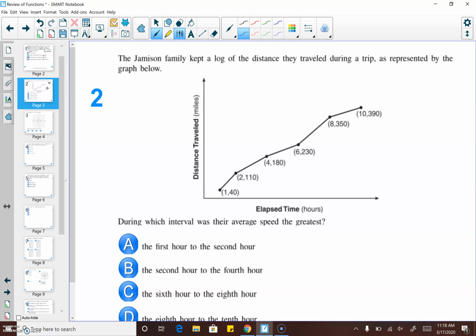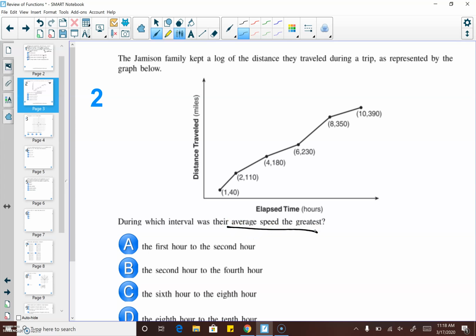The Jameson family kept a log of the distance they traveled during a trip, as represented in the graph below. During which time interval was their average speed the greatest? So average speed is our y2 minus y1 over x2 minus x1 formula. And again, sometimes you can be tricked here by the graph, so you're going to want to go piece by piece. So if we do the first hour to the second hour, that's 110 minus 40 over 2 minus 1,